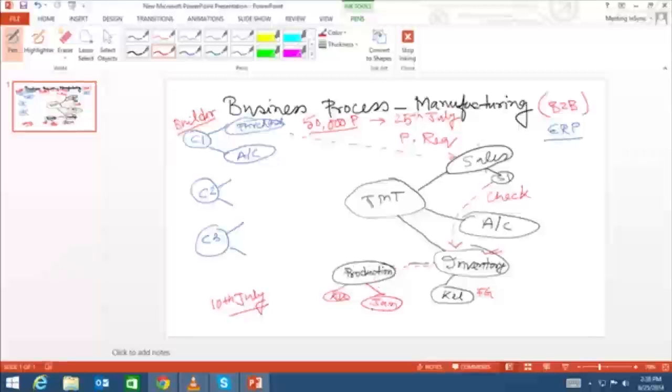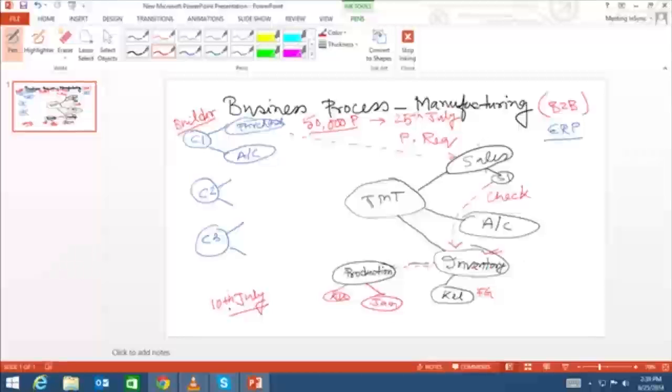The production department will require raw material. For that they will again go to the previous process which I explained, of purchase. They will request the purchase department to get the raw materials for these 50,000 pieces. But anyways, that's a separate subject we have already discussed. So simply, the production department decided that in the Jamshedpur plant they will produce these 50,000 pieces, and the production department replied to